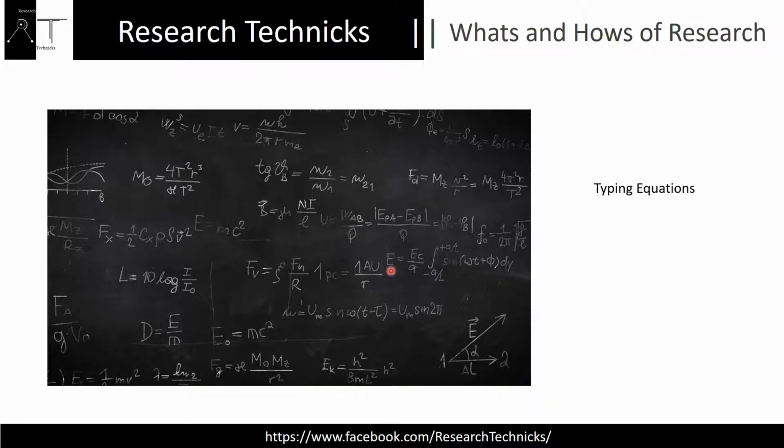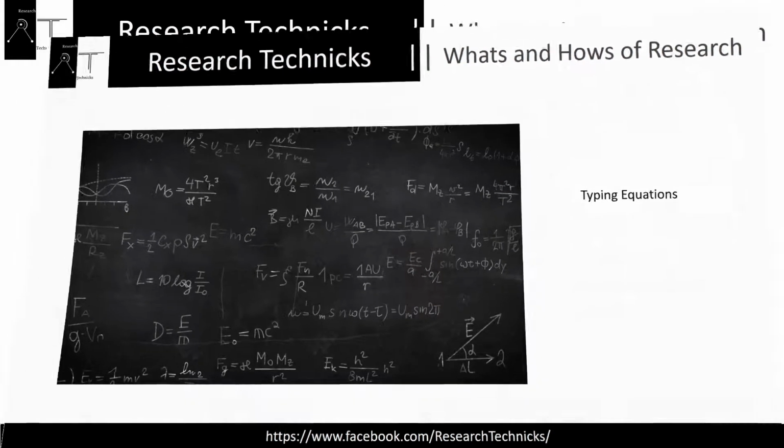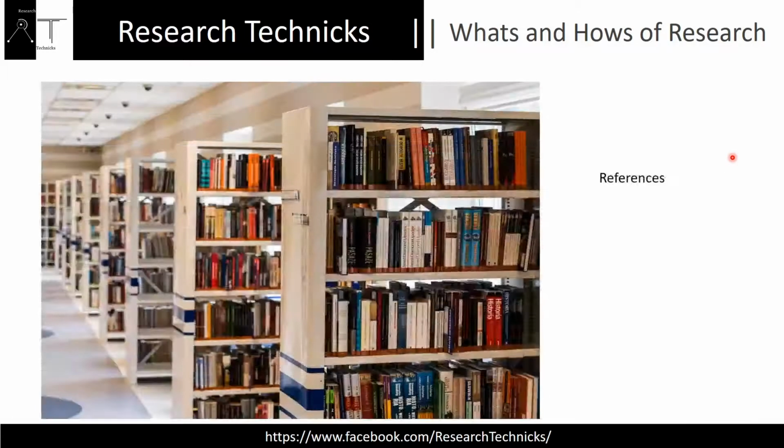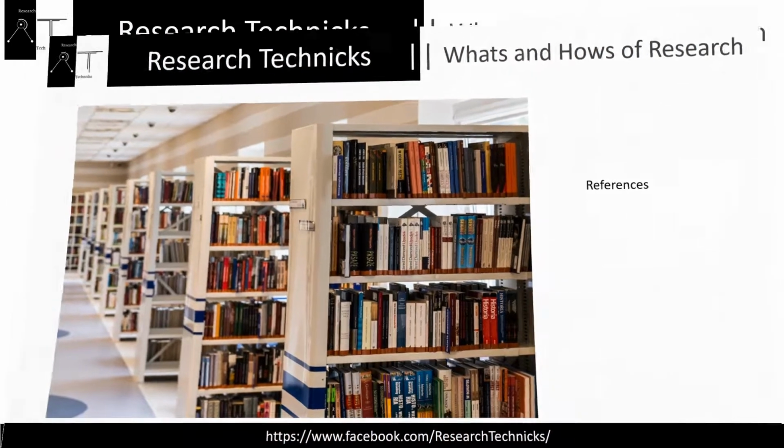And something like typing of equations. Well, this is one of the most frustrating parts if you don't know where to type, how to type, and trust me, there are lots of tools available, and I will be telling you the best tool for writing or typing equations. And this is not over, you might be thinking, but another frustrating part is the references. Have you ever wondered how you can arrange your references like a library? Okay, and it's still not over.